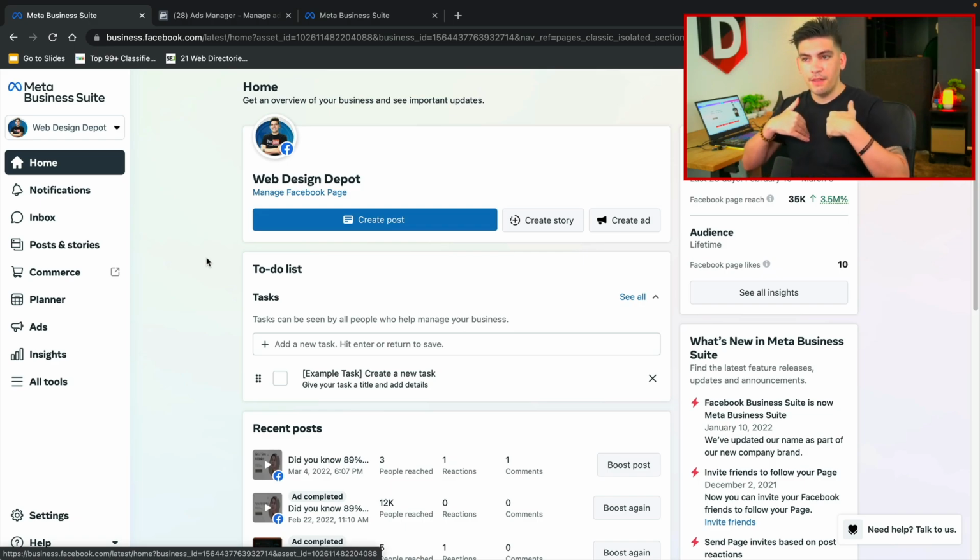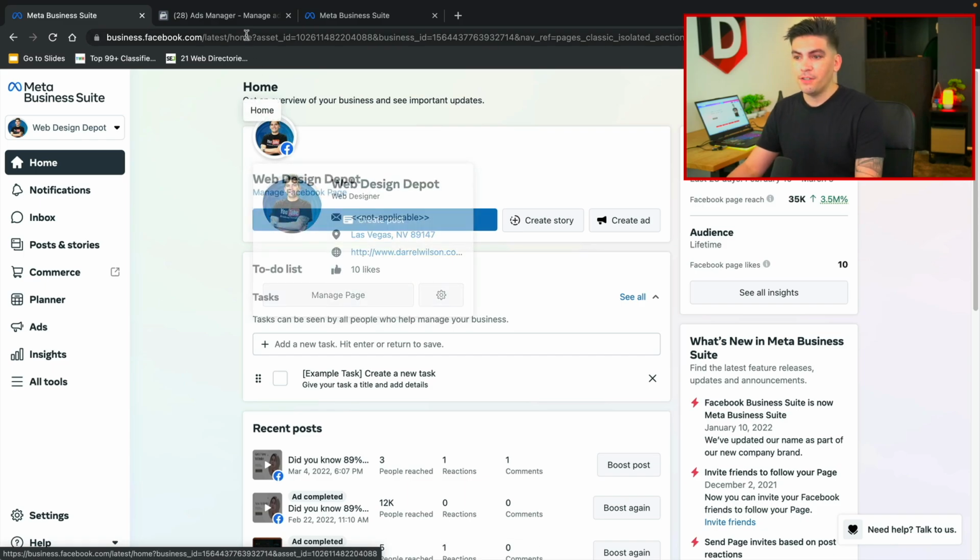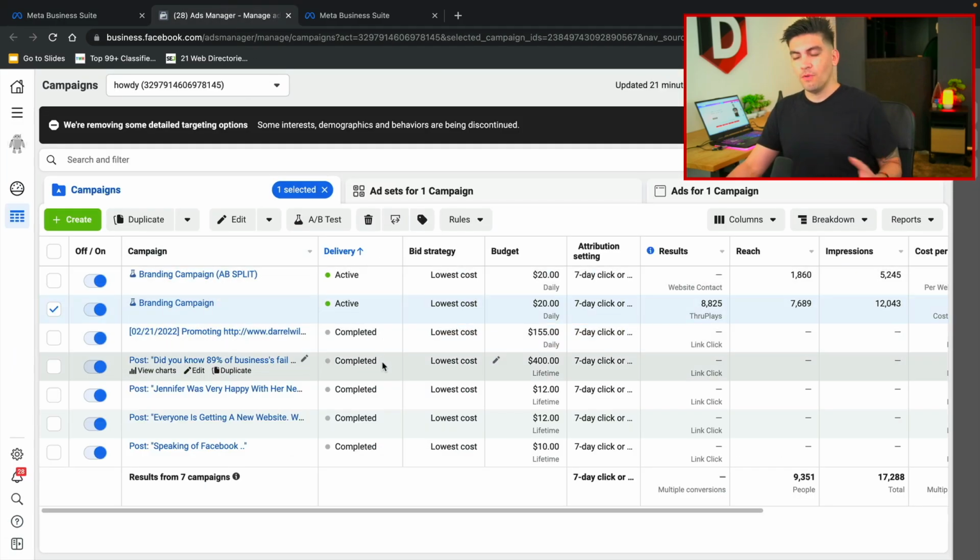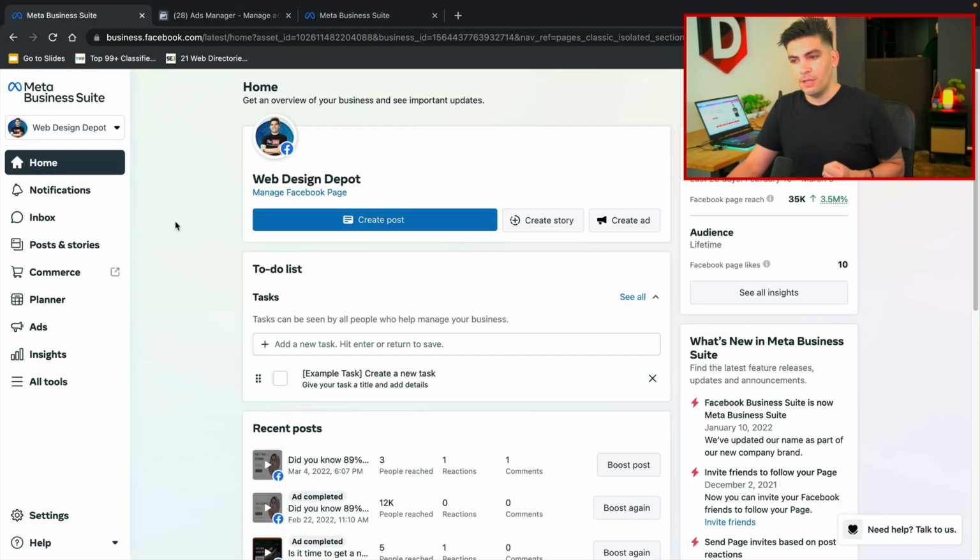My personal opinion is I think that the Ads Manager eventually will be phased out, and I think that Meta Business Suite will be the primary area to do all the advertising. And we can see it because they constantly update this whole interface. In fact, when I was making this video, they actively changed the interface. And if we look at the Ads Manager, we can see more and more that it looks dated, and they're focusing more on the Meta Business Suite. So I'm not sure what's going to happen here. If this does change in a few months from now, I will update the video. But that is an overview of the Meta Business Suite.